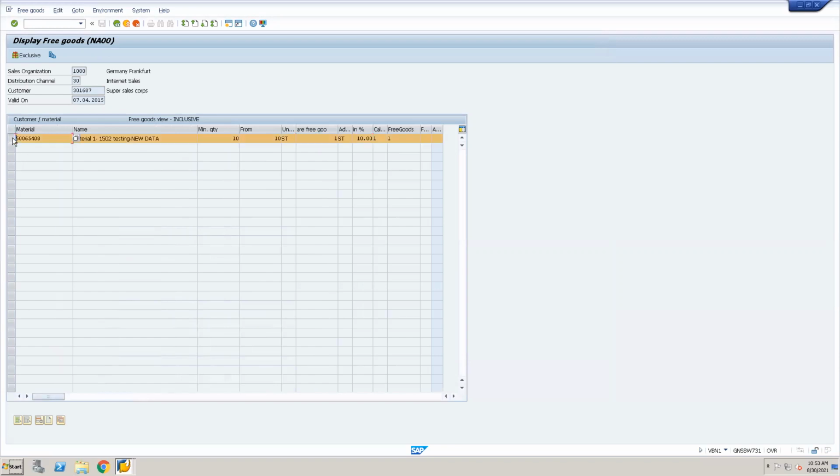So this is the end user who will be doing it. Right now the transaction which we are discussing now, VBN1, for free goods determination. This will be done by the end user. Normally, for this determination there should be an IMG configuration setting that we need to do. This is the VBN1. The user will be creating directly, just like master data.